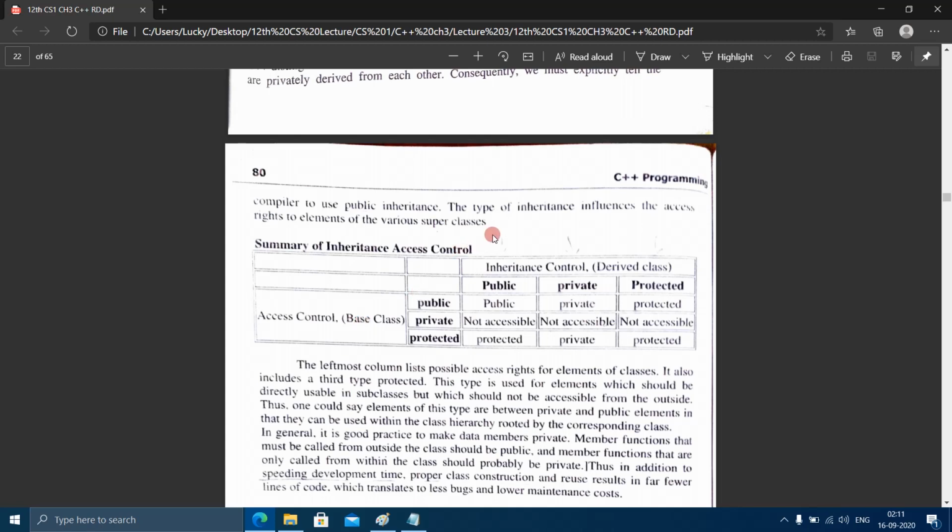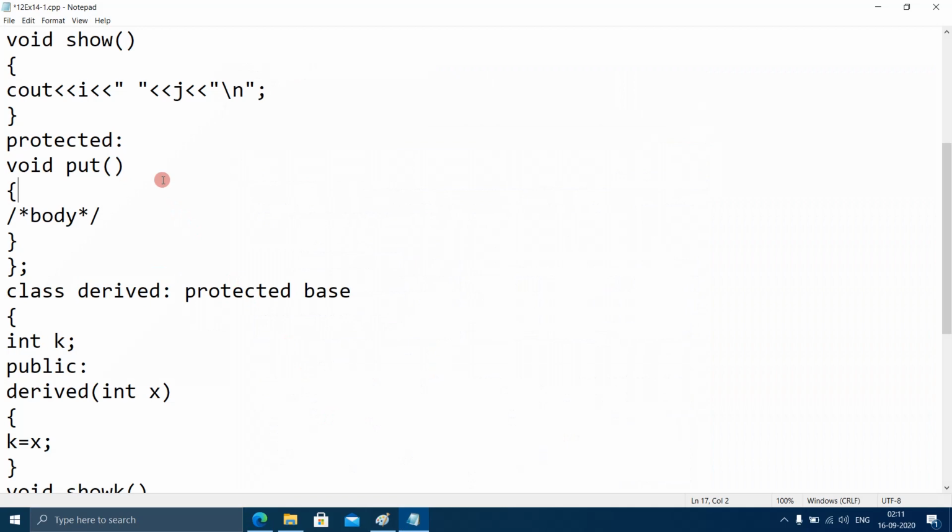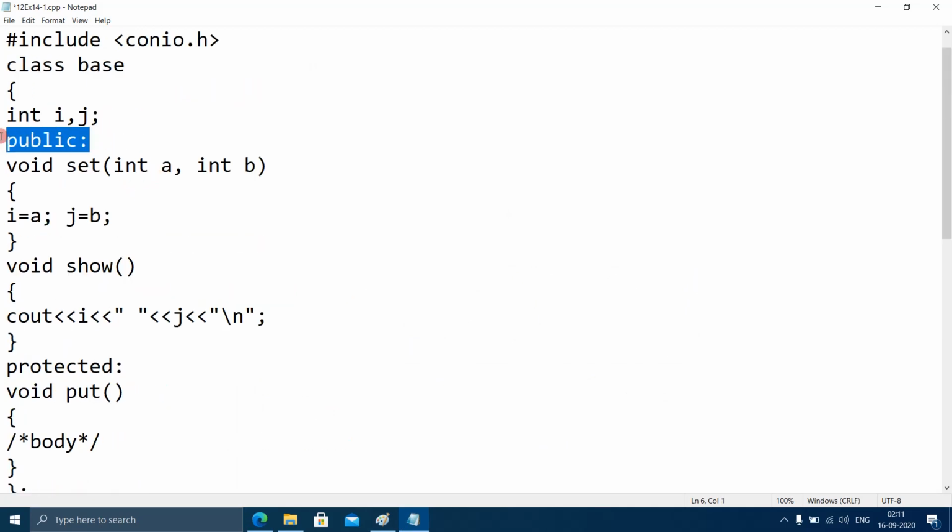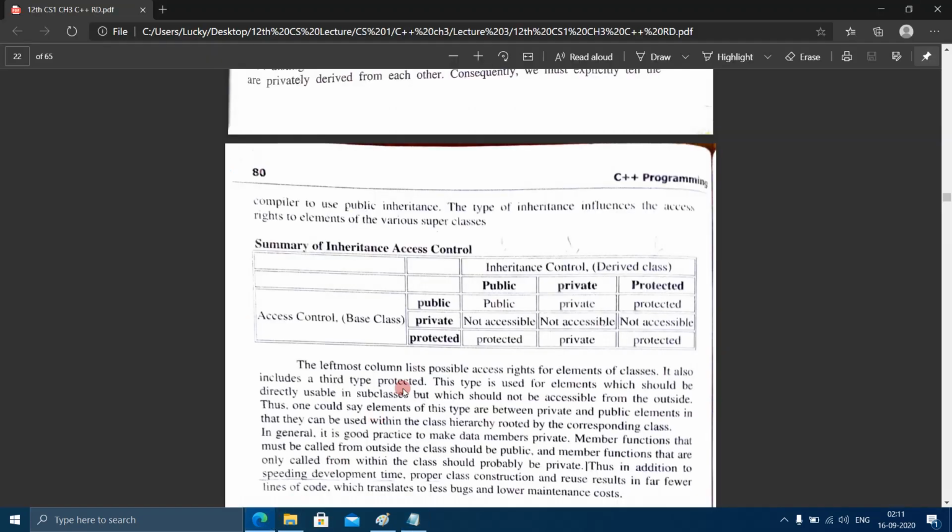If we have to understand this table in vertical form, in vertical form we will understand the meaning of this table. So whatever is public in the base class, like here in the example, whatever is public in the base class will be inherited,